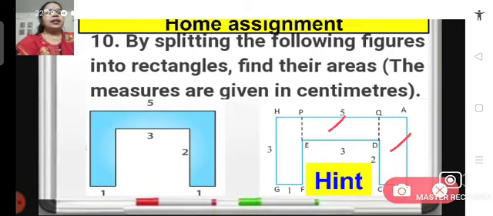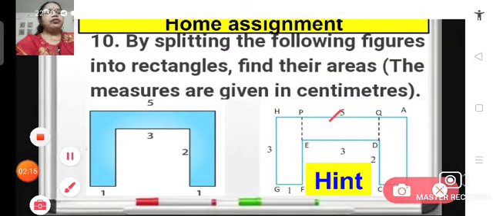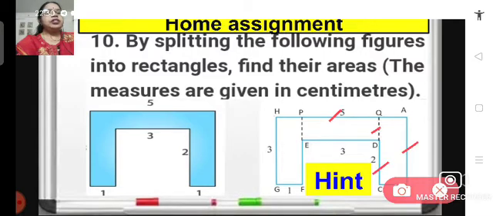And in this rectangle, this side is given as 5, that means the whole length of this side is 5, but we have this as 1 and this also as 1. So it will be 5 minus 2, that means 3, and it is also given here that this side is 3. So this side will also be 3, and what will be this side? It will be 1, isn't it? Because this is 3, this is 2, that means 3 minus 2, this will be 1 centimeter.